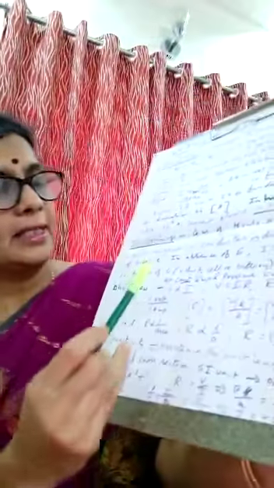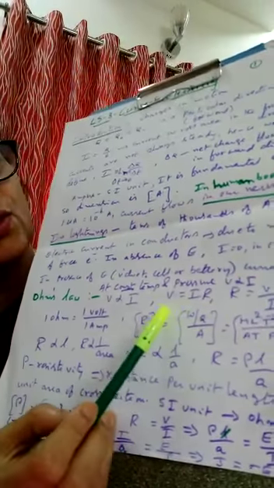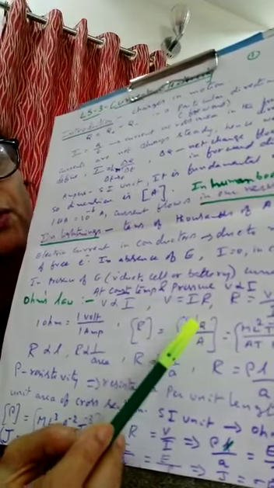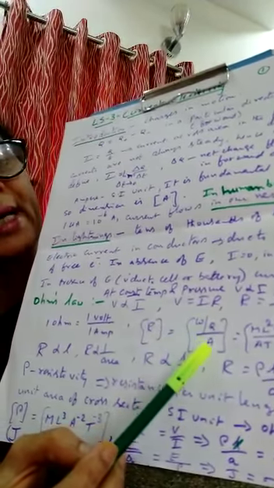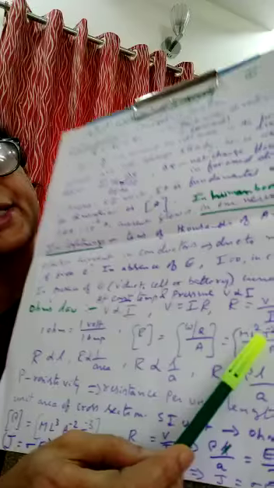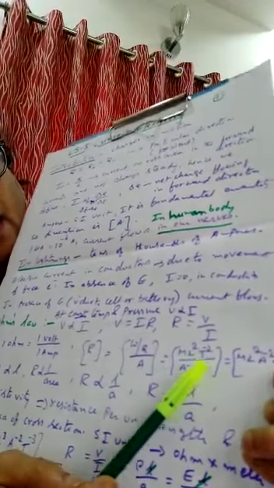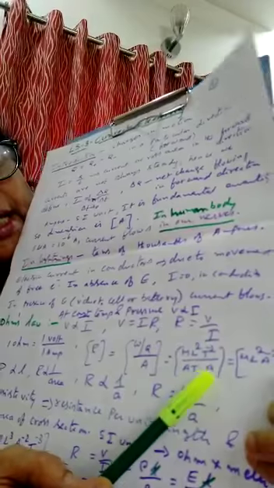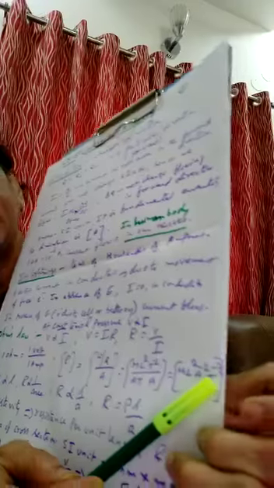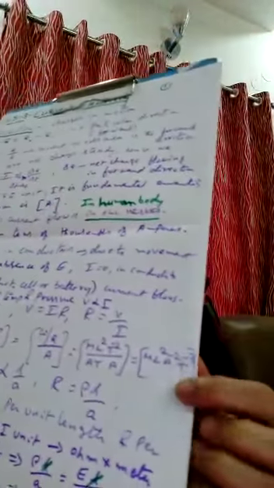resistance is, see here, what is resistance? Volt upon ampere. What is volt? W by Q, work done per unit charge, that is called volt, potential, upon ampere A. That is W by Q, that is W is ML square T raised to minus 2, upon A T into A. So the dimensional formula is M L square A raised to minus 2 T raised to minus 3. That is the dimensional formula of resistance, electrical resistance.